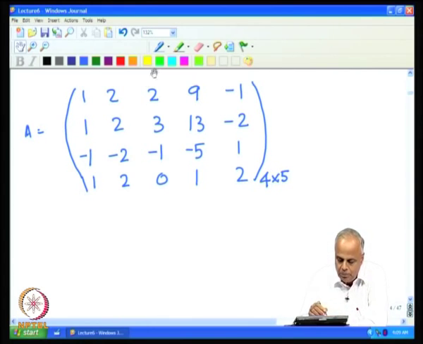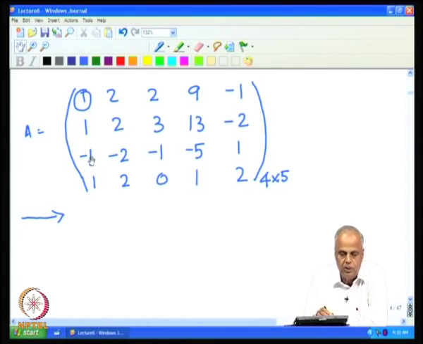Then we have to clean up everything below that non-zero entry. The first thing we are forced to do here is take this pivotal 1 and clean up in such a way that the entries 1 in the second row, minus 1 in the third row and 1 in the fourth row of the first column all get knocked off to 0. This we achieve by the following elementary row operation. To knock off this 1 in the second row, we have to subtract the first row from the second row. So, that we get a 1 minus 1 and this will become 0.